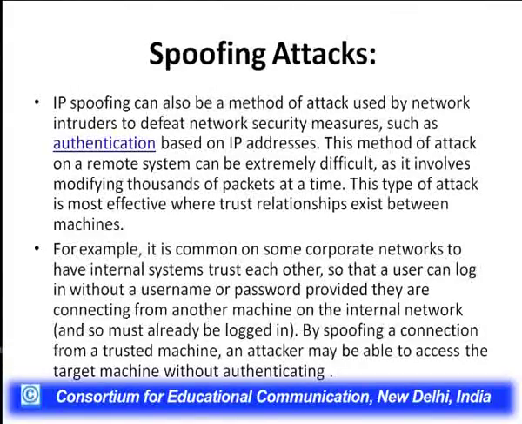For example, in corporate networks where we have internal systems that trust each other, a user can log in without a username or password provided they are connected from another machine on the internal network. So, it must already be logged in, of course. Then by spoofing a connection from a trusted machine, an attacker may be able to access the target machine without authenticating. So, basically spoofing attacks can only be accomplished easily on a local network or on an Ethernet,